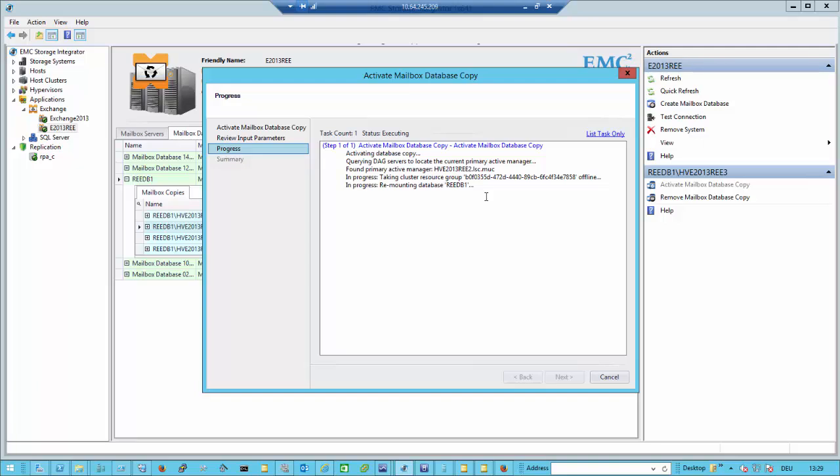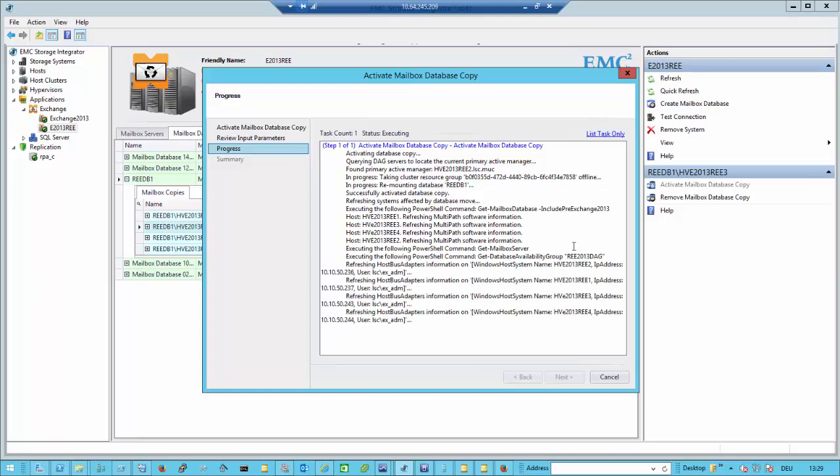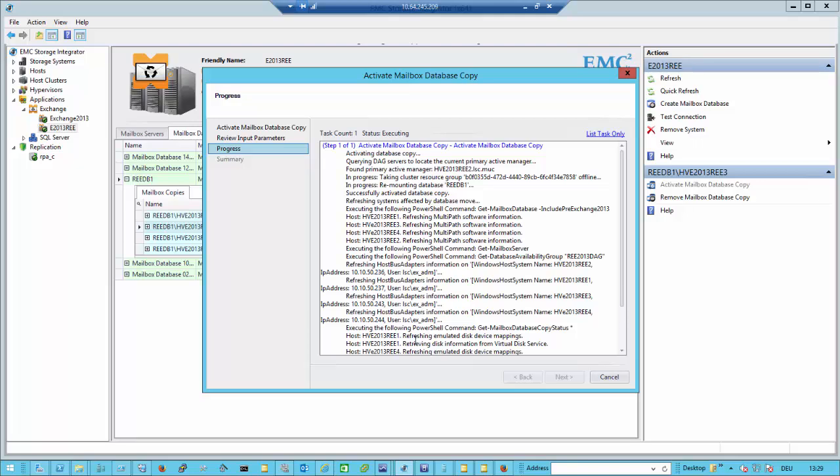That means the cluster on node 3 will take over the database and remount the database resource itself. Right now the exchange side of the mount is going on. Afterwards we are refreshing the whole configuration for our internal database that tracks where all those exchange resources are, in order to refresh that screen. This is normal. This is like in PowerShell, where you always have to get current configuration before you do something